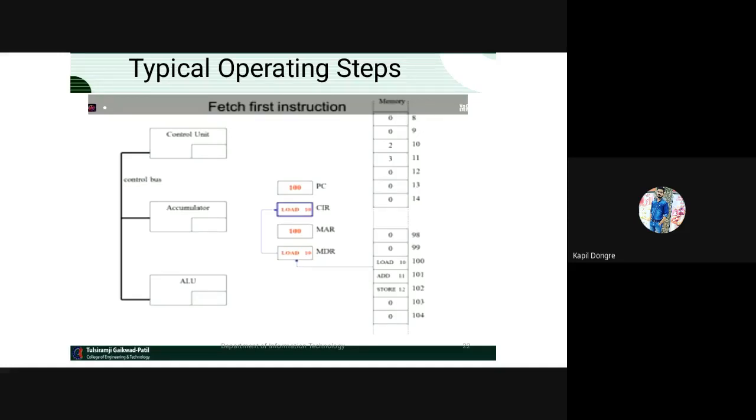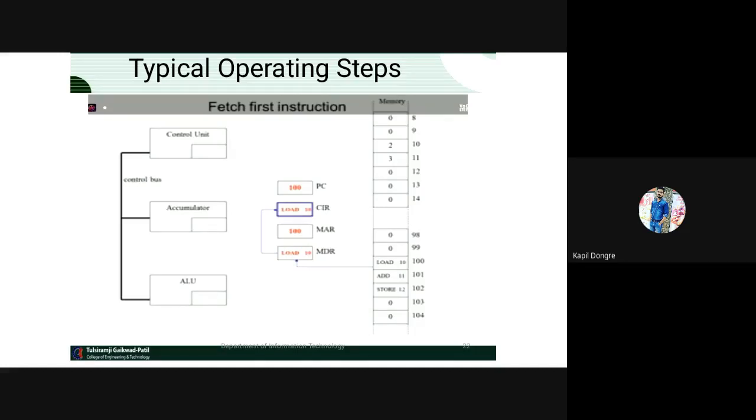So what is the first function of the PC? PC first points to the location where we have to first execute the instructions. जहां से हमको जिस इंस्ट्रक्शन को हमको एग्जीक्यूट करना है उस इंस्ट्रक्शन को पॉइंट आउट करने का काम कौन करता है, हमारा पीसी. That is the function of PC.